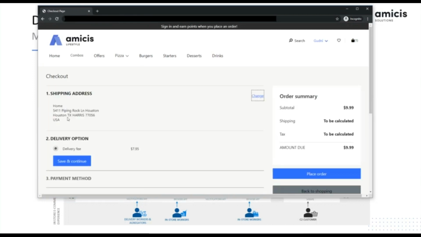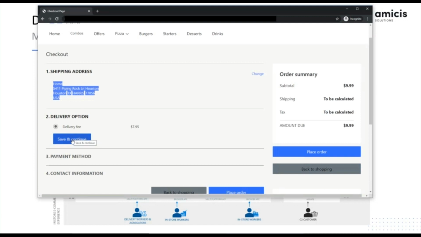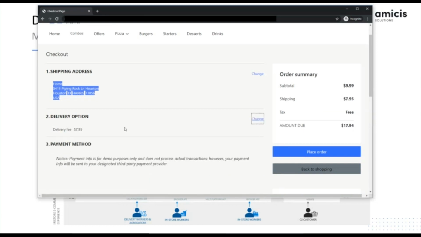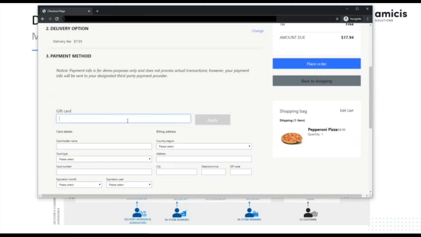So now you'll see it's picked my shipping address that I specified. I need to confirm my delivery fee. So it's a $7.95 delivery fee. There are various ways to do delivery fee discounts. I'm going to go ahead and just use a gift card just to make this an easy process, and you'll